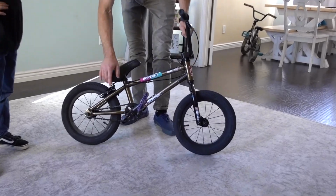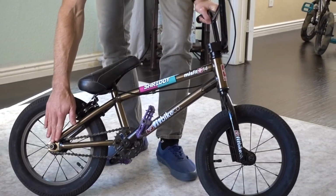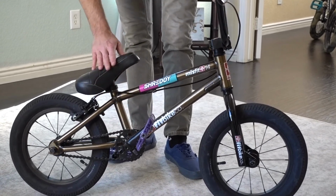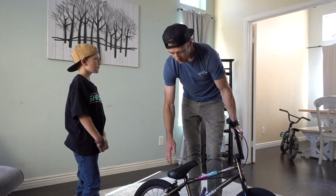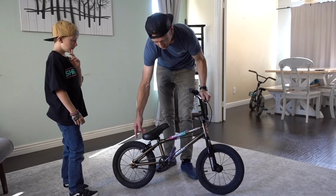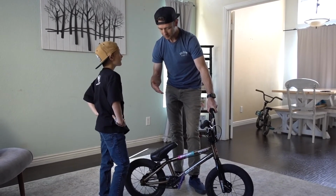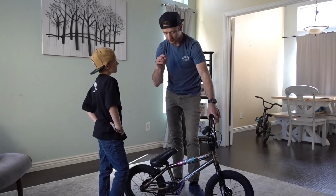He likes that you have a shorter chain stay, so the distance between the spindle and the rear axle is a little bit shorter, about an inch shorter, which means that the bike's going to be a little easier to manual. And overall there's a shorter wheelbase between the front axle and the rear axle, which means that for doing tail whips it's going to be just a little easier to throw it around,